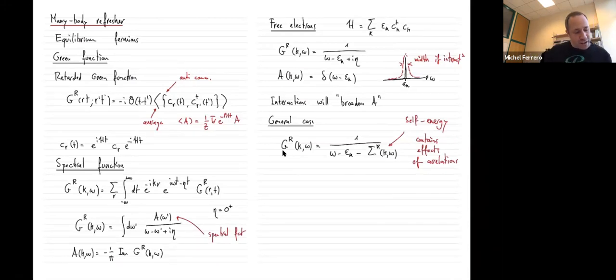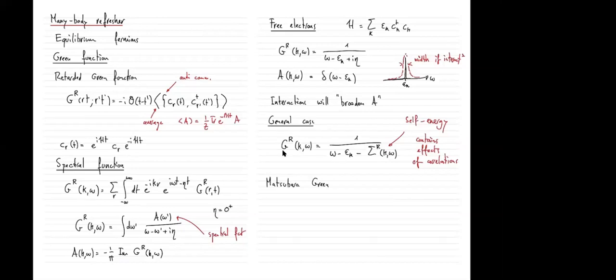One more object before I switch to DMFT. I see that I'm a bit slow here, but I'll nevertheless take time to introduce this one, which is yet another Green's function, which is actually the one that we obtain when we do those quantum Monte Carlo simulations. So the retarded Green's function, which is expressed here in real time, would be the best one if I directly wanted to connect to experiments, but it's not the one that is easiest to obtain from an algorithm. There's one which is a bit easier, which is called the Matsubara